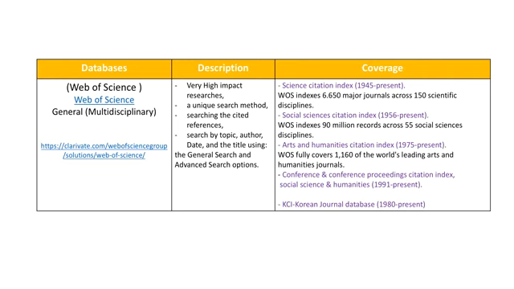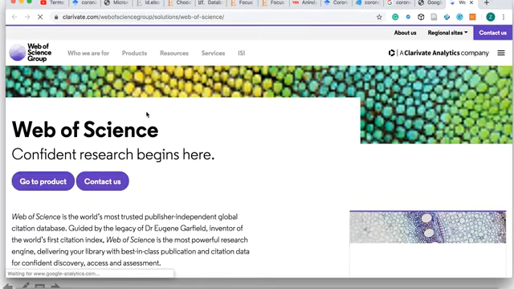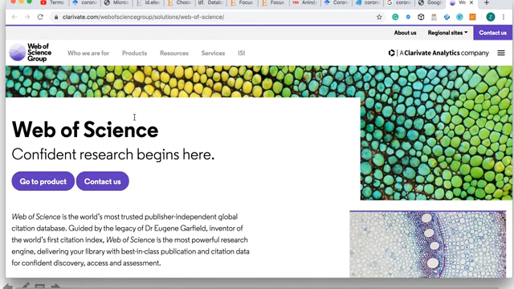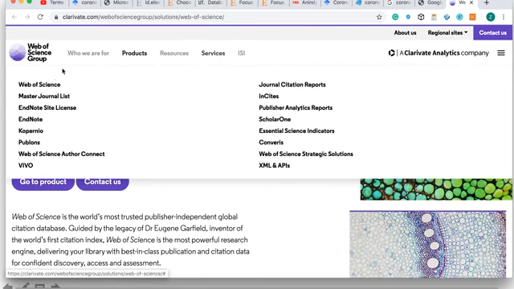The Web of Science covers many fields like science, social science, arts, humanities, conference proceedings, and these are some statistics about the coverage of Web of Science. However, unfortunately, we cannot access Web of Science yet because we don't have an account as a university. We still don't have an account to access Web of Science, but we still can use some of its services